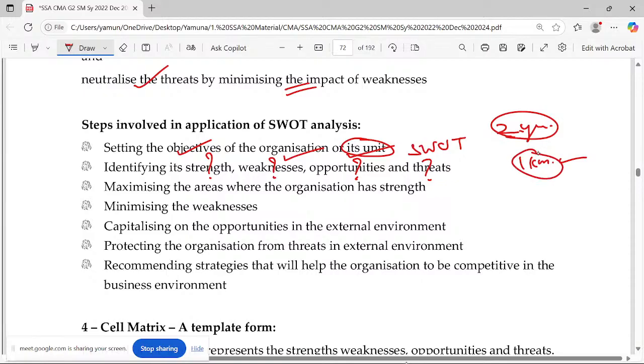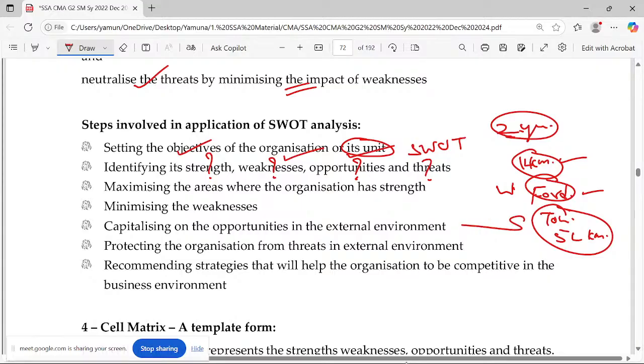If you go for 1 lakh kilometer, that's Ford's engine power. If you go for Toyota's power, it will go for 5 lakh kilometer. Okay. So Toyota was redefining its engine systems, engine capacity, depending on Ford's capacity. So Ford's weakness becomes Toyota's strength. I just want to highlight the second point: identifying the strength and weakness is not about your company alone, but also the other organization, which is the direct rival of your company.